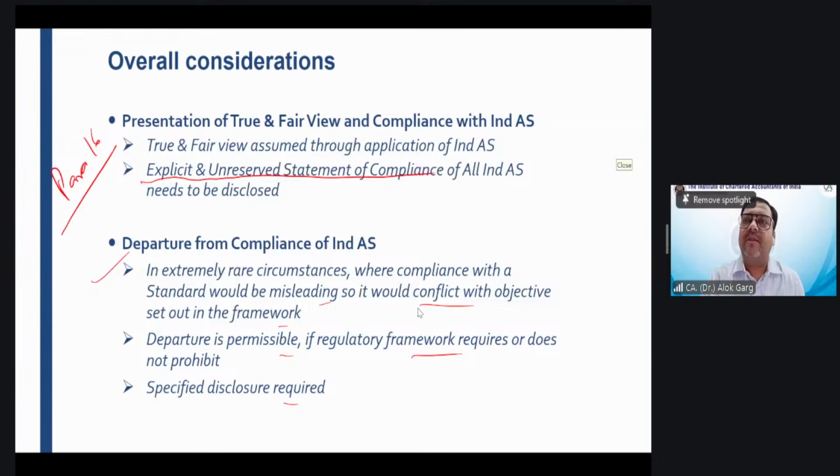Now, this son of a director, right? He has applied for a loan from this NBFC, and NBFC has given a loan to the son of the director on the basis of his profile, on the basis of CIBIL rating, CIBIL score, right? And it is on an arm's length basis. When I say arm's length, it means if some other person would have taken a loan, the same interest would have been charged, the interest which has been charged with the son of a director.